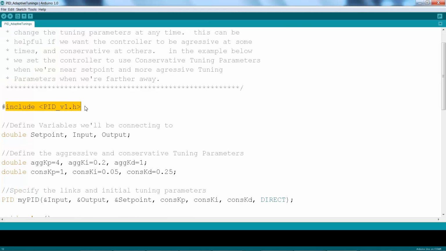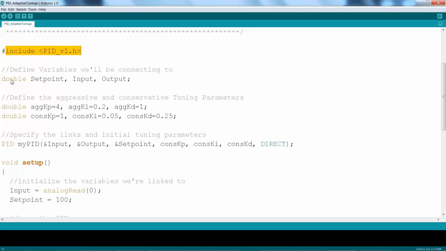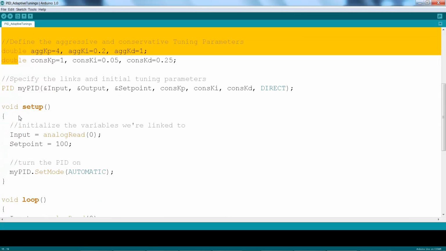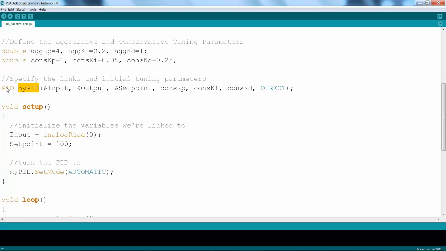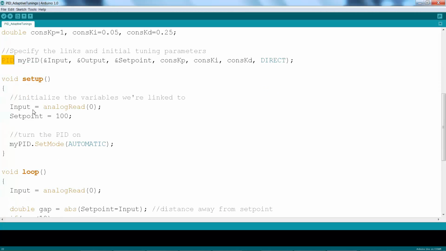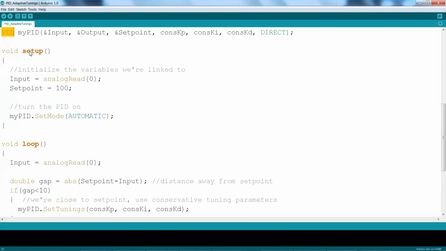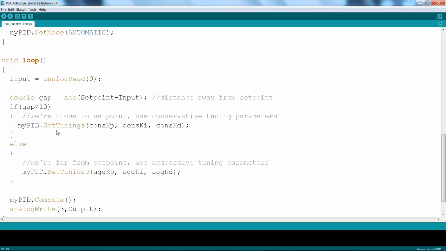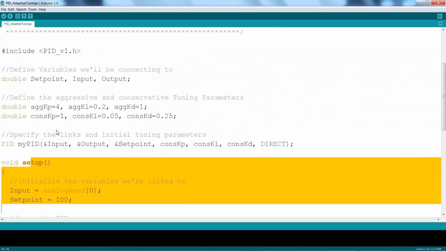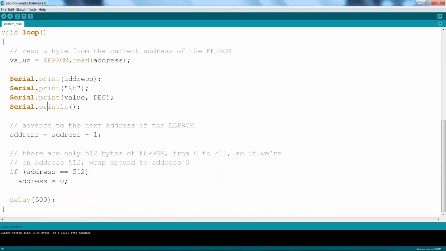You have to include the library. They set up some global variables. They instantiated the PID object, just like I did, just like I showed in the other presentation. Then they had to do the setup. I'm going to go through this again, but one thing I could do is show you if we go to